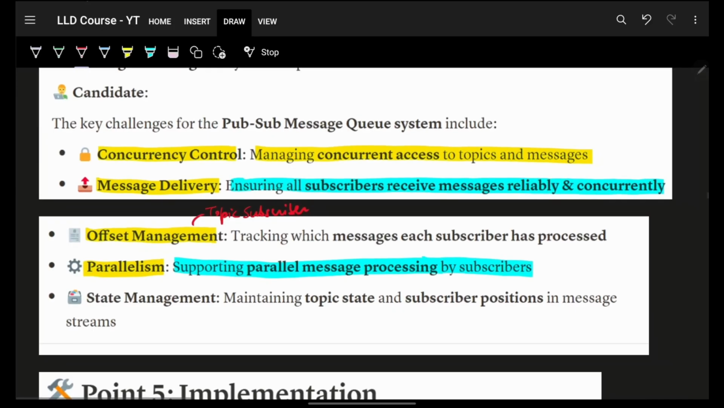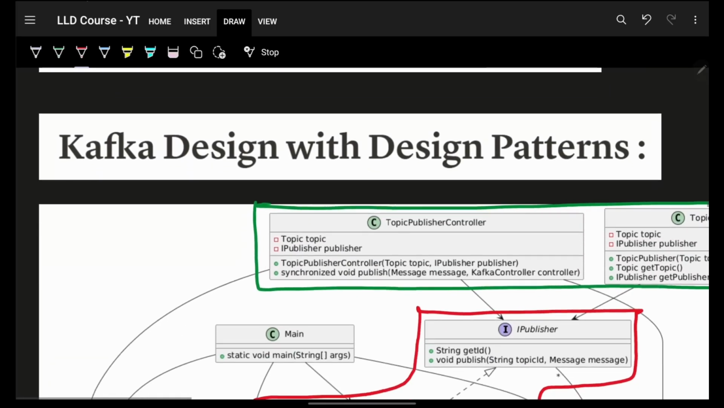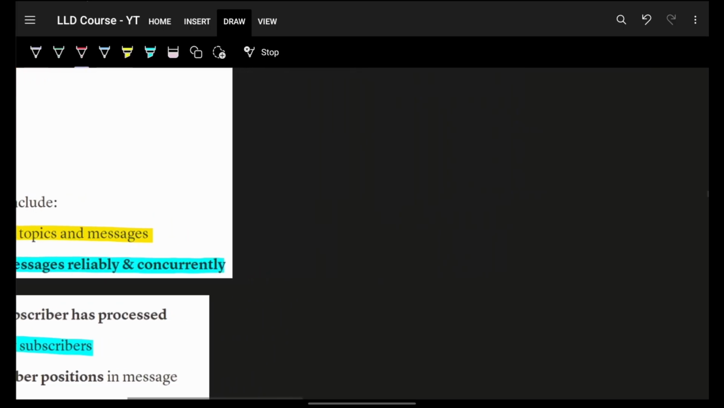have some challenges. Firstly will be concurrency control, message delivery, because we want message delivery to happen simultaneously. We will have offset management because we now have a feature of resetting offset by a subscriber on a topic. Then we will have to achieve parallelism. Again, same thing. So anything regarding design patterns, we will try to use design patterns, but primarily not diving into